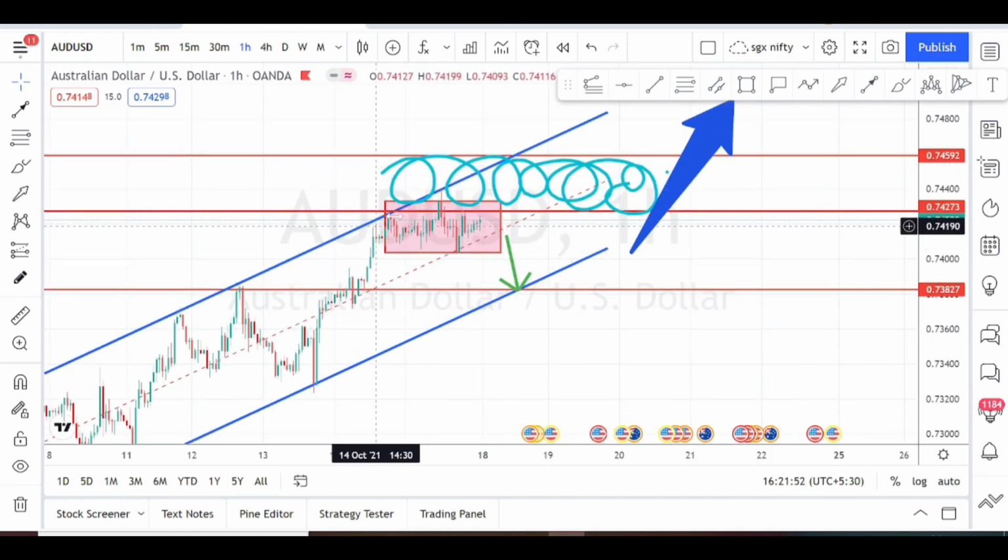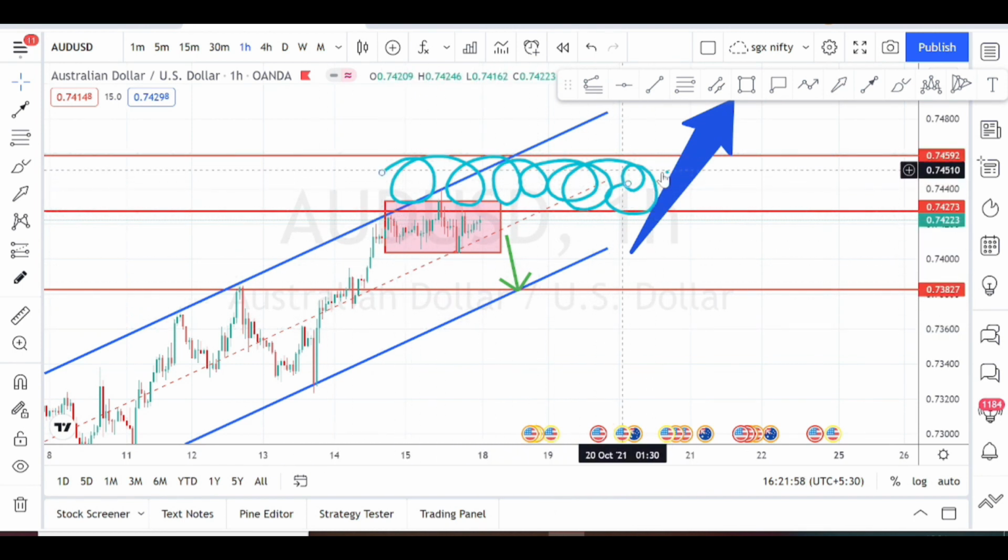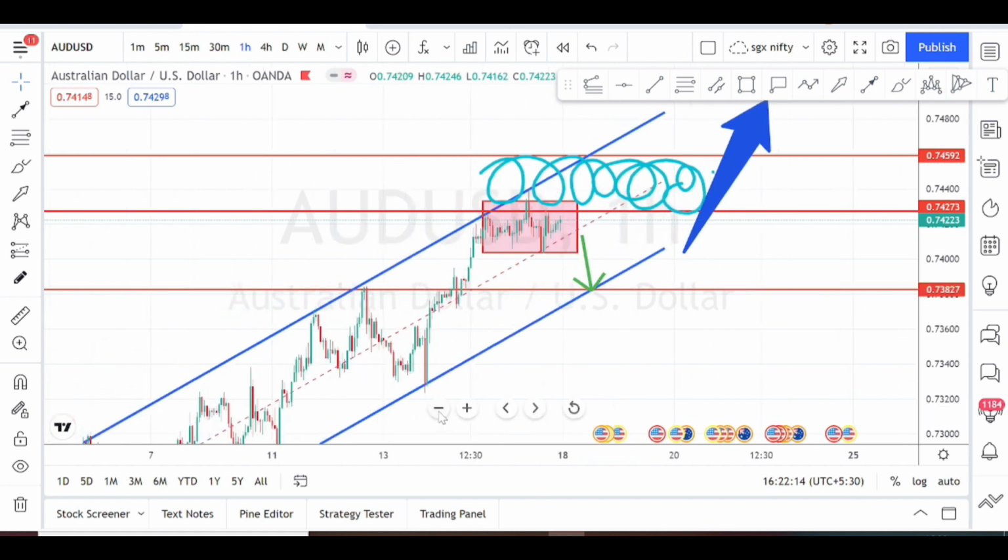Presently it is in a consolidation phase within this channel pattern in the hourly time frame. And there is a very strong resistance here, the previous resistance. If it breaks this resistance, we can see the uptrend continue. So in the higher time frame, it is still on a downtrend. It is trying to break the downtrend and go into an uptrend in the lower time frame. Still, the trend reversal hasn't happened.